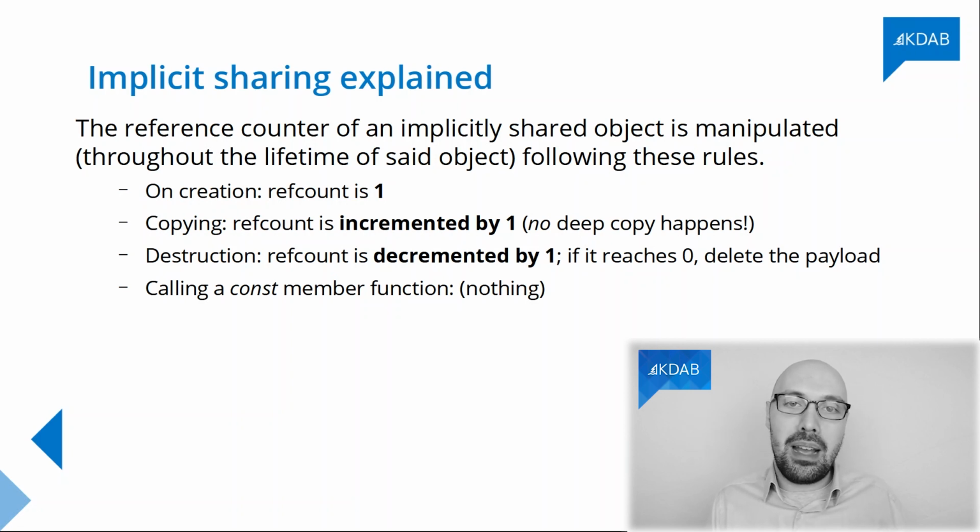If you call a const method, everything's fine and everything's simple because you do nothing. You just access the pimpl and read the data that you need to read. Const functions are not supposed to mutate the object, right? That's why they're called const. And so you can always go there and read the data that you need to read without worrying about whether that particular instance is shared amongst other instances or not. Super cheap.